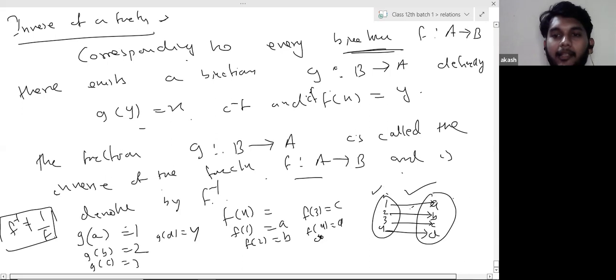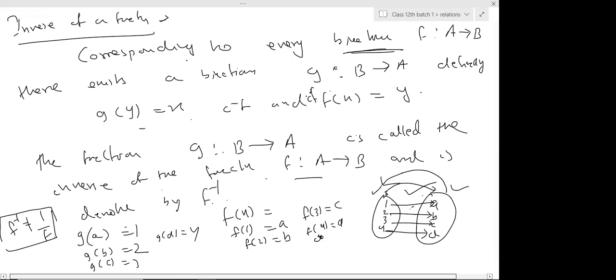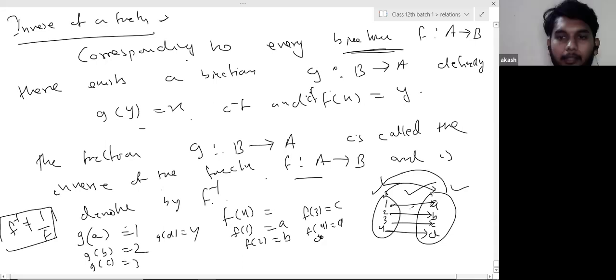Suppose this is Delhi, this is Manali. If there is only one highway from Delhi to Manali, that means the other way around, there must be the same road from Manali to Delhi also, right? If you travel from Delhi to Manali using this road, and this is the only road, then which road will you take to come back? The same road, right, everyone? Yes, sir. The same thing with inverse function. If you put 1 in a function and that gives you a, then there must be a function where if you put a, you will receive 1, because this is a one-one function, right? 1 is not related to any other element. So if we reverse this,